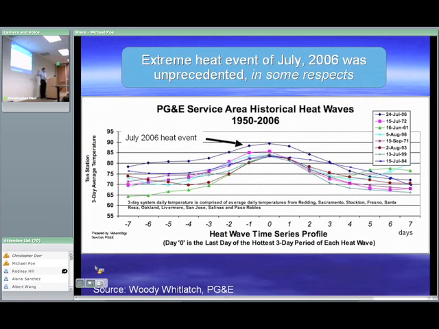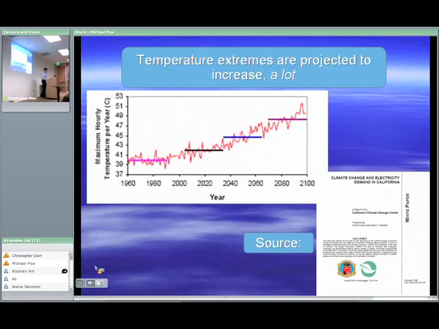This, by the way, had real impact: 1,000 transformers exploded in 2 days. And the reason was very warm nighttime temperatures. Very warm nighttime temperatures prevented the transformers from physically cooling off, and they also caused a lot of people to leave their air conditioners on. Going to sleep and it's 90, 95 degrees, it's tempting to leave the air conditioner on, which is something I've never done. I didn't do it this time, but I was tempted because it's really hot at night, which is new here. So this is an example of a historical climate trend causing a particular event that's consistent with those trends and had real societal impact. And again, it was really the nighttime temperature that had societal impact.